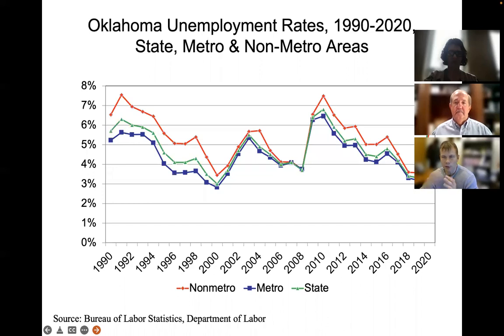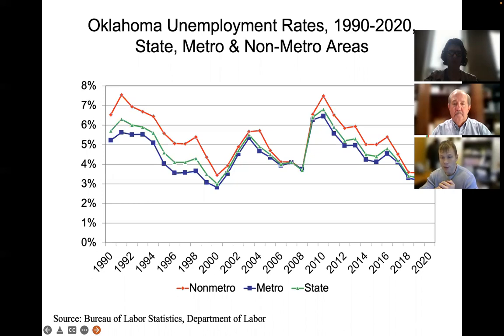If you remember, we had the Great Recession, 2008, 2009. And those trends kind of started to merge there. You see non-metro was much higher back in the 90s, and then they started to merge around 2008, 2009. But once we hit that Great Recession, we once again saw the non-metro areas fare worse. And that continued. We again saw this merging pattern as we recovered from the Great Recession, with non-metro again higher than metro until we hit the COVID-19 recession.